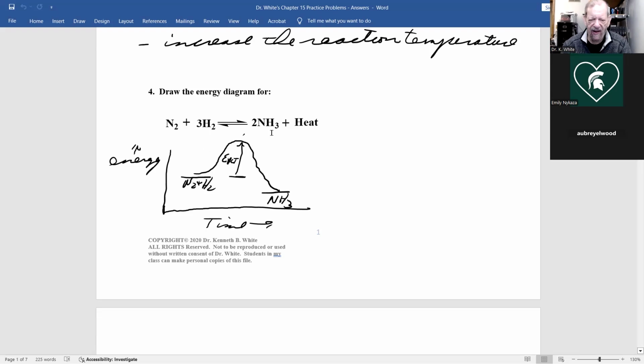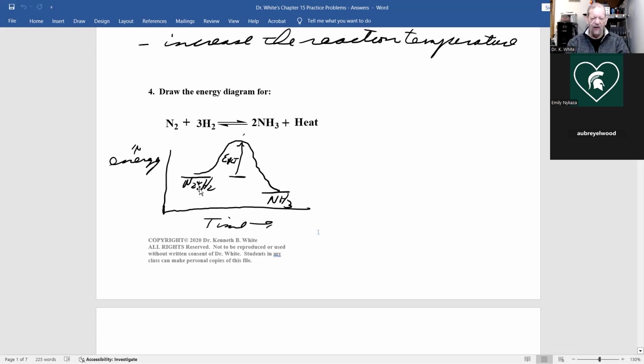On the right, the total energy is ammonia, NH3, and the heat. But the heat is lost, so the energy of the products, the chemical products, in this case ammonia, is less than the